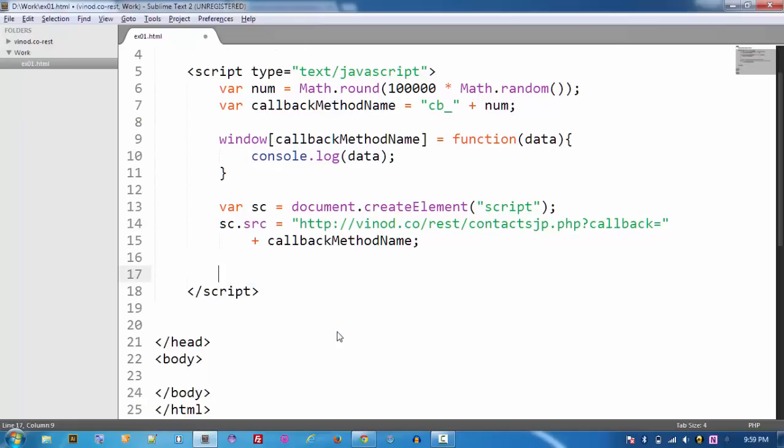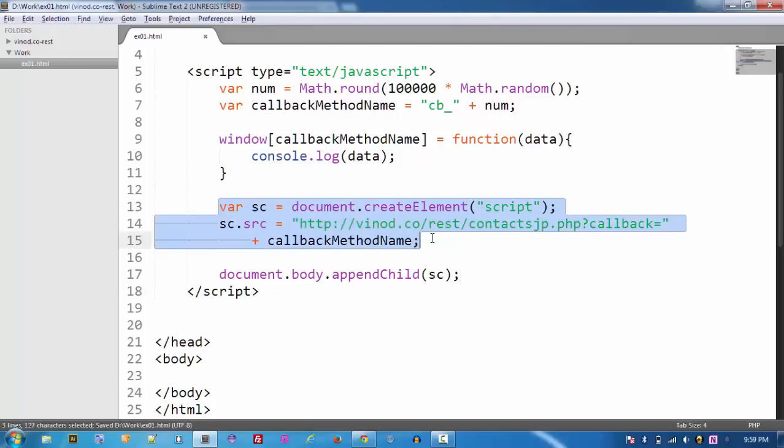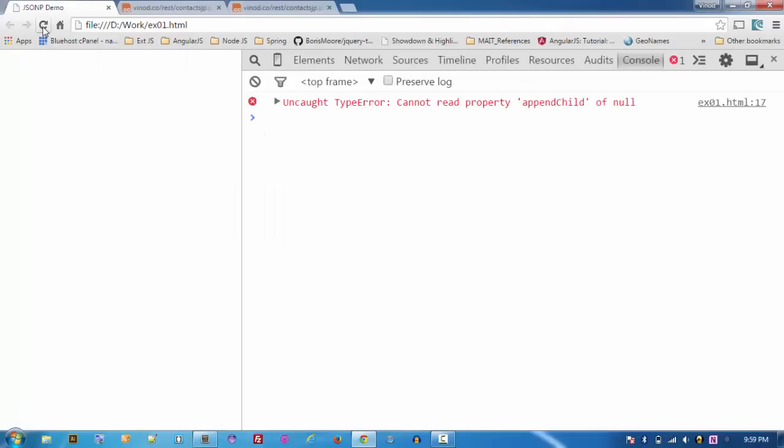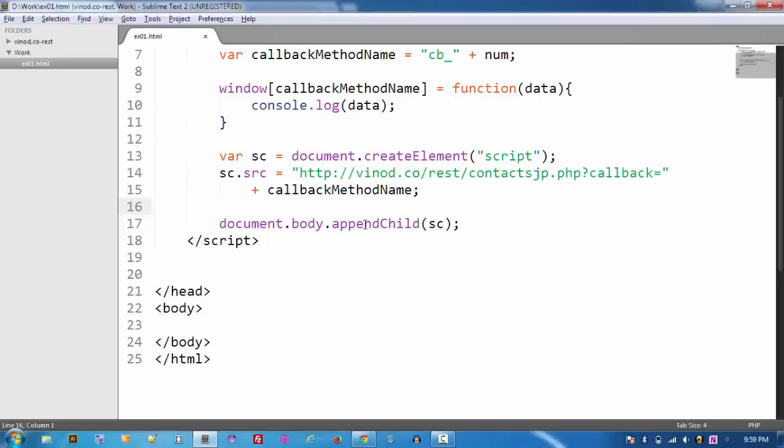However, we just have created a variable sc, but it's never been part of the actual document or window. So we're going to type here document.body.appendChild, and then we say sc. What this is going to do is take the script tag and append it to the body of the current document. So now when we reload this, okay, so body, let's check what is there